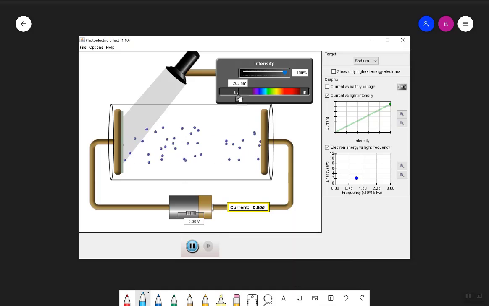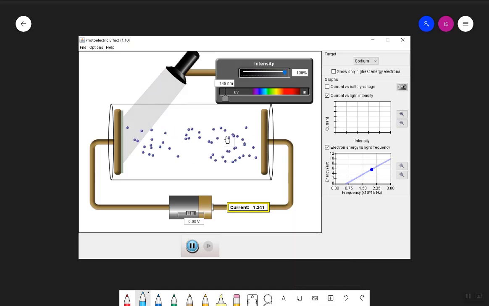Now we can adjust the frequency of the light that we use. And notice what happens as we change the frequency here. At a certain point, as we get around here, no electrons come off at all. But then we go a little bit down, and we'll start getting some electrons. And the speed of the electrons is proportional to the frequency of the light that we use. Not proportional